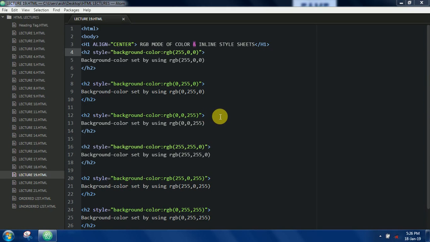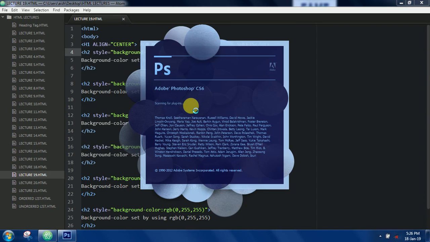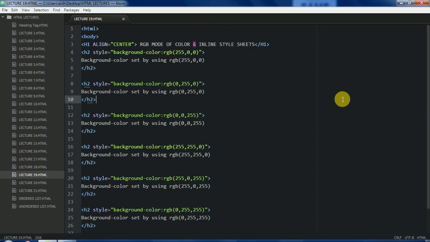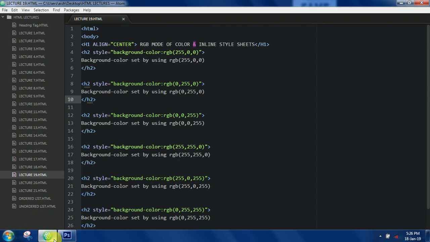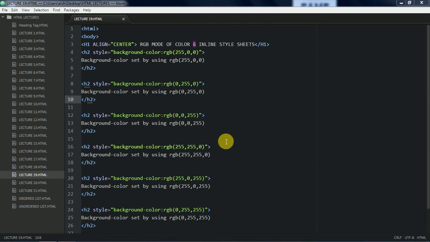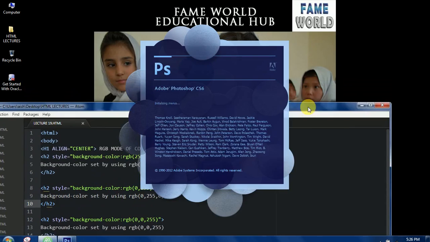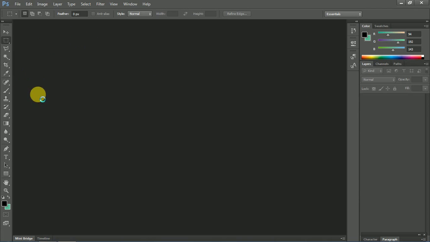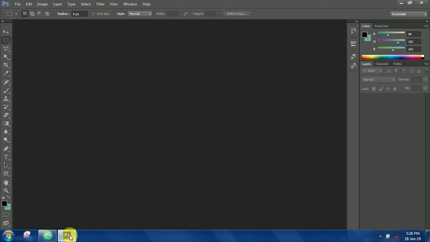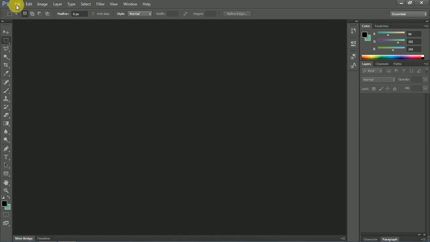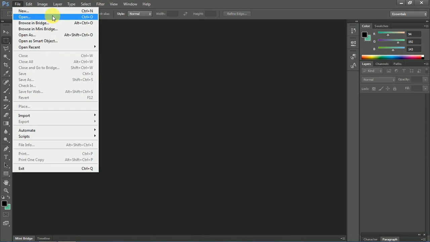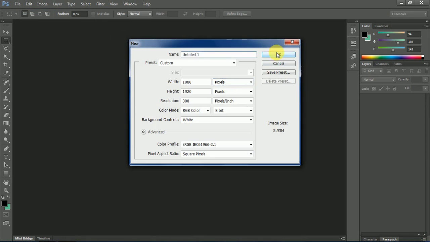Here I am opening the Photoshop software just to demonstrate to you what is the meaning of RGB and how the color ranges from 0 to 255 and what are the different values. I will give you a short demonstration on this. So let's wait for the software to start. Yeah, now it's here. Photoshop takes some time to get started because it is a heavy software. And here I'm going to just create a small post,